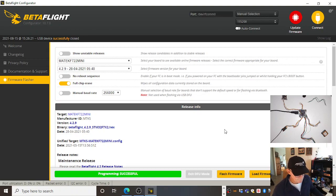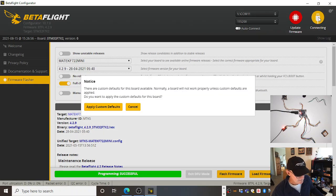Because it was in DFU mode, and I'm going to plug in. My computer recognizes it as COM port 11, communicating at what? Baud rate. I'm going to commit. There are custom defaults for this board available. Normally a board will not work properly unless custom defaults are applied. Do you want to apply? I'd be an idiot not to, but...